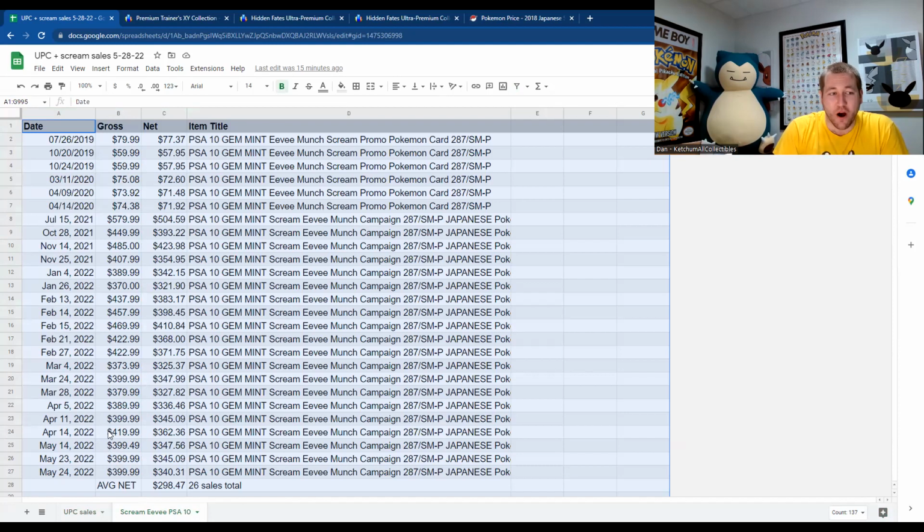I don't have a crystal ball. I don't know that. Could this card in 5 or 10 years be $1,000 PSA 10? Maybe more. I have no idea. Again, no crystal ball, unfortunately. Could I be looking back at the spreadsheet 5 or 10 years from now and saying, man, I wish I kept them all? Not really, because as I'm selling them, I'm trying to replace them with more, and I'm putting the proceeds from this